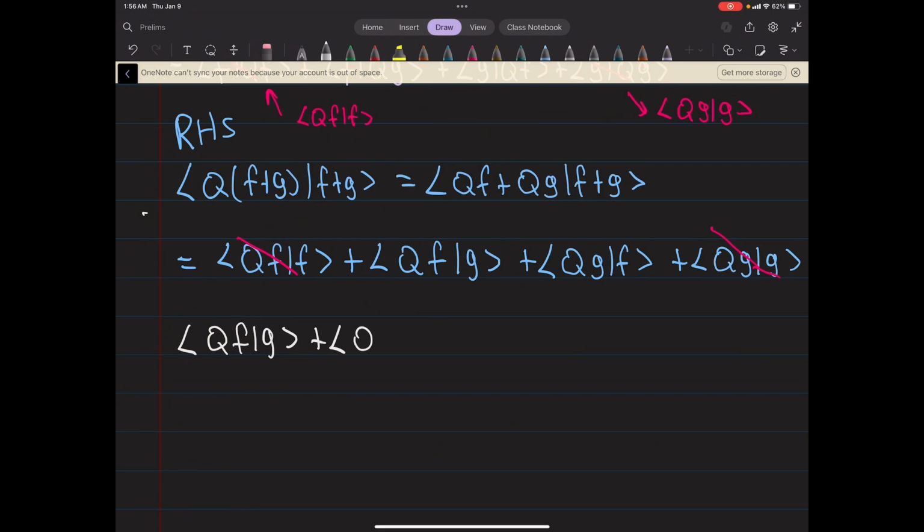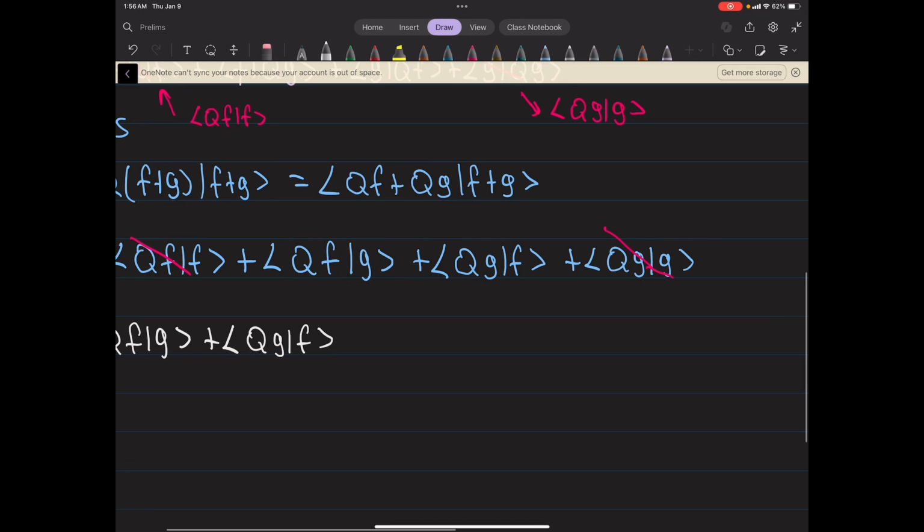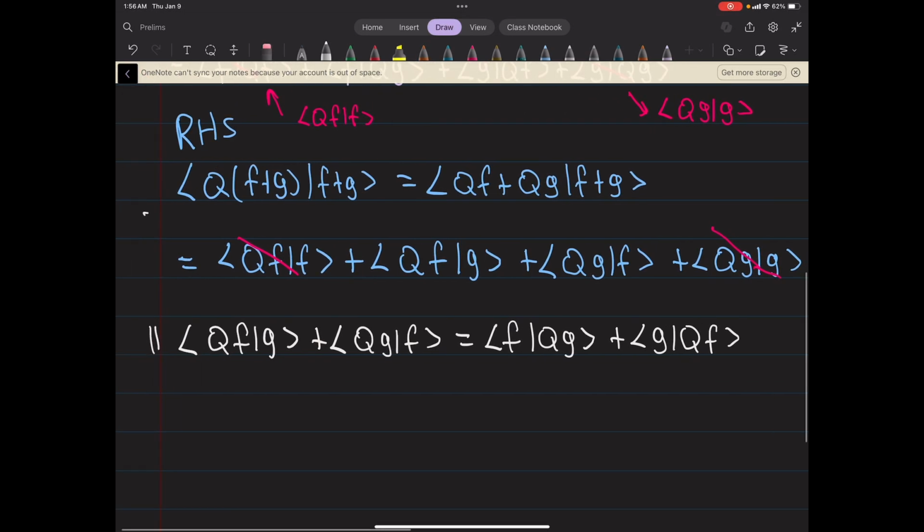So our, I guess you could think of them as cross terms for both the left side and the right side. And I'm going to just call this equation 1. We're going to stop there, and now we're going to use the second hint, which is very similar, but it's